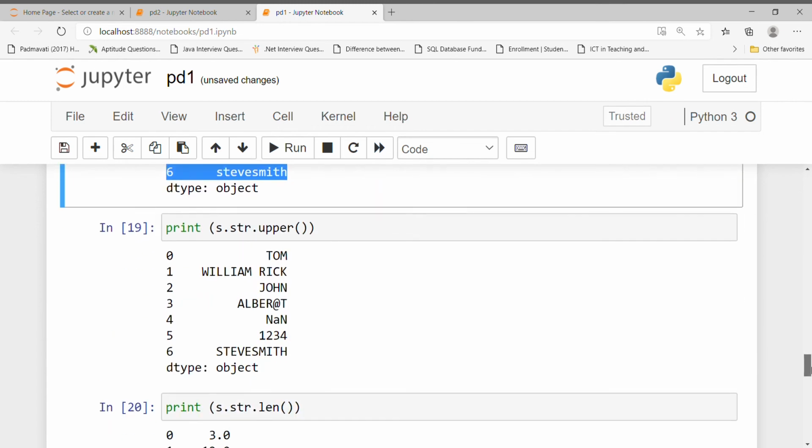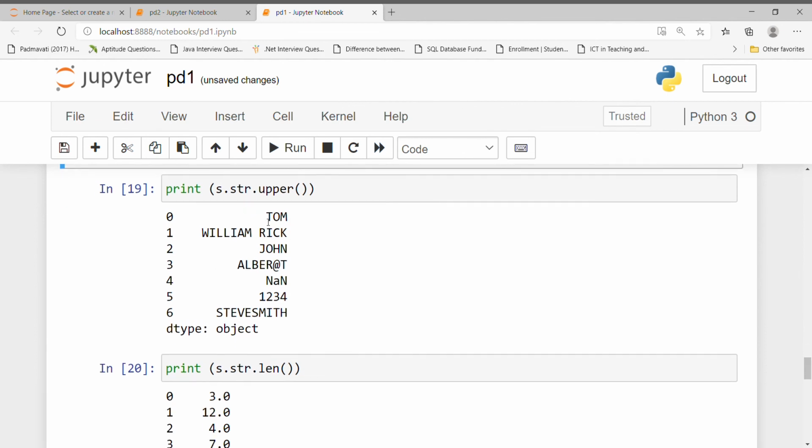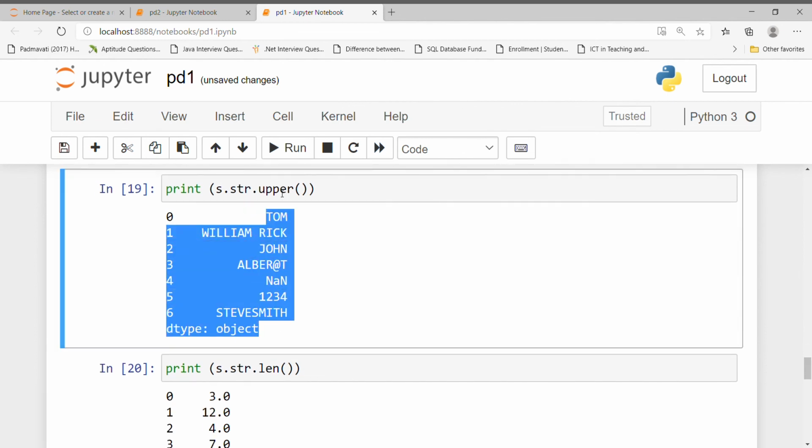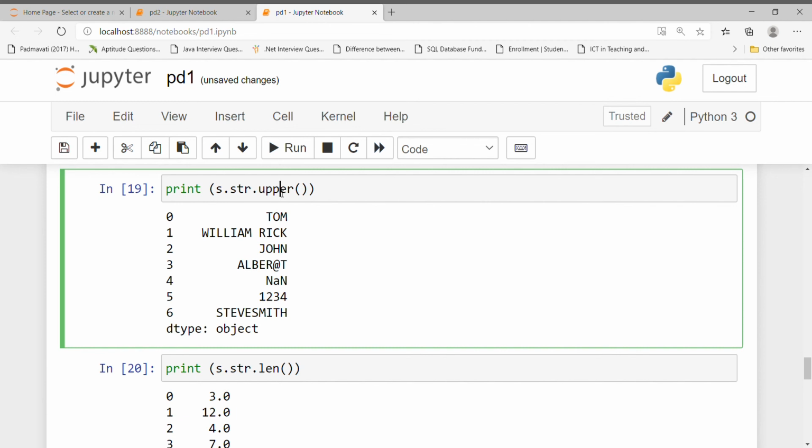Similarly, if I want to make the string data uppercase, the upper function is used. So s.str.lower is used to print lowercase and s.str.upper is used to print the data in uppercase.